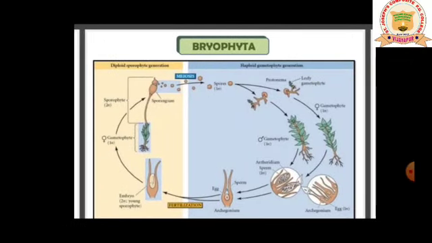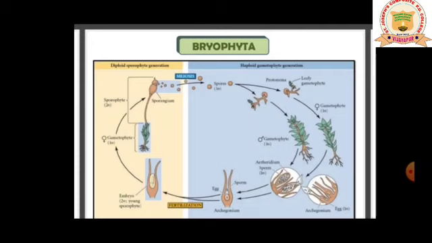Bryophyta shows this kind of life cycle. It's very important, my dear students. Now let me pass on to the life cycle. The main plant body of bryophyte is haploid. It produces gametes, hence it is called gametophyte. The plant body is haploid, but it is going to produce gametes, so the term gametophyte is given to them. So bryophytes are termed as gametophyte.